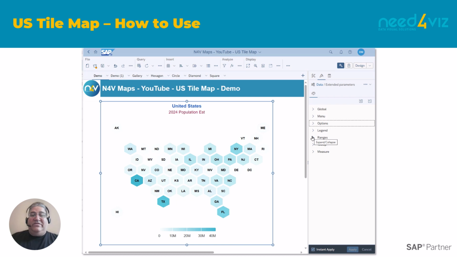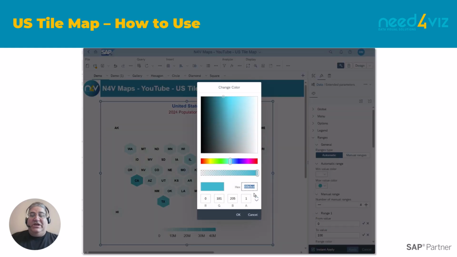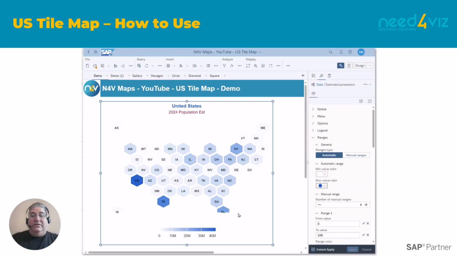And next I'm going to set the ranges. So you can have automatic ranges or manual ranges where you define the ranges. And I'm going to change the max color ever so slightly. Okay, so now we have a rich blue.